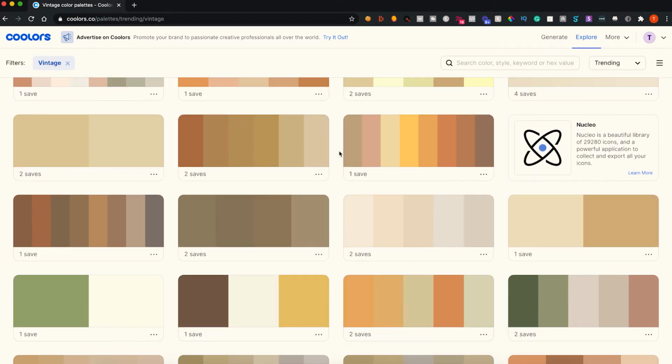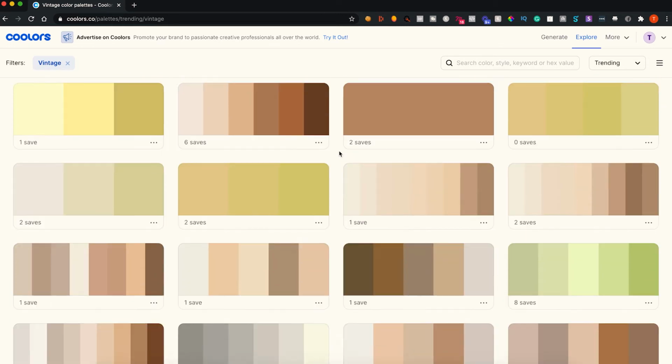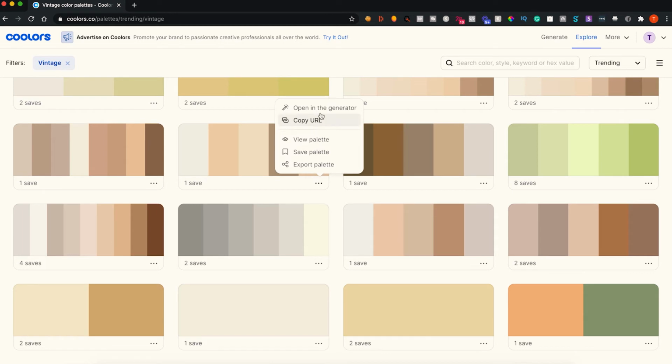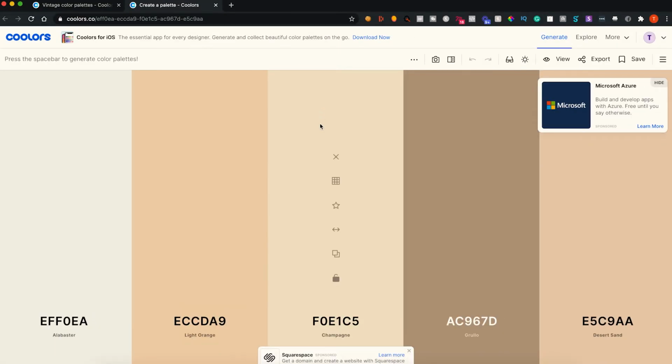So if you just scroll and find an option that you do like, say this one for example, we can click on the three dots and go open in generator. And there we go, we can start the entire process again. We can start picking out the accent colours, like so. We can pick out the neutrals. We can delete any colors that we don't want,